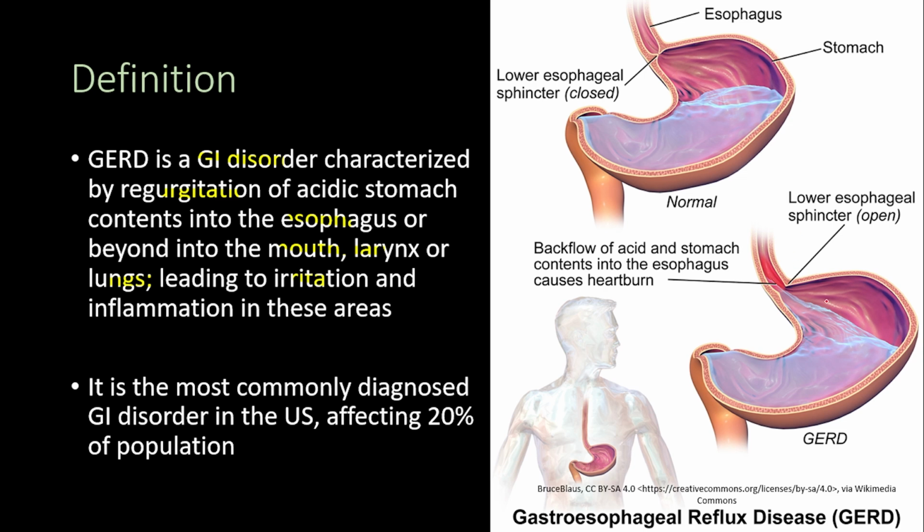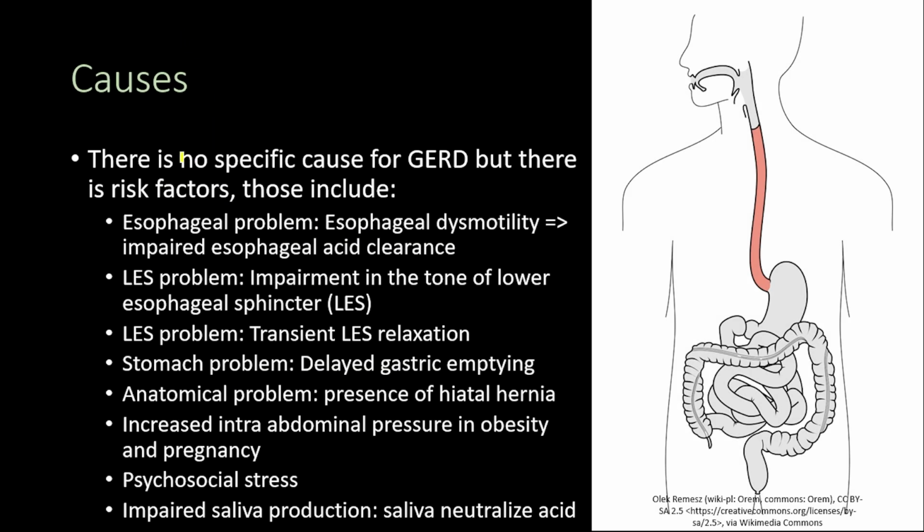So as you can see in this picture here, the stomach content is regurgitating into the esophagus and causing irritation in the esophagus. Now, GERD is the most commonly diagnosed gastrointestinal disorder in the United States, affecting 20% of the United States population. Now, there is no specific cause for gastroesophageal reflux disease, but there are risk factors, and